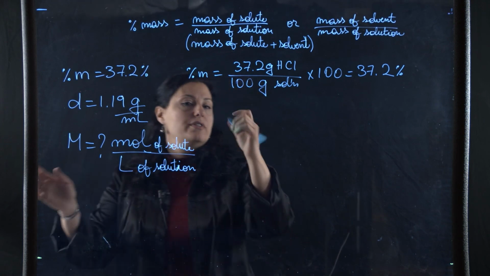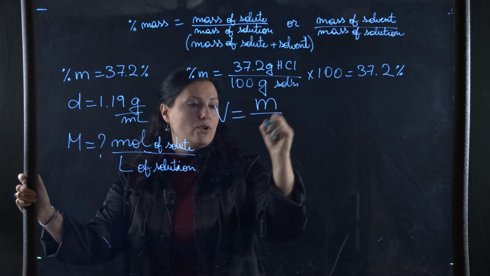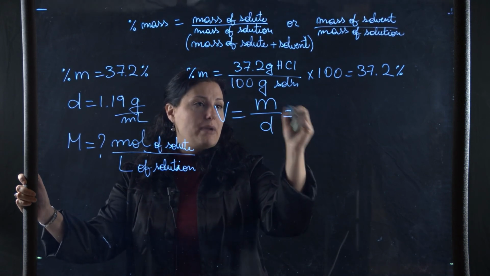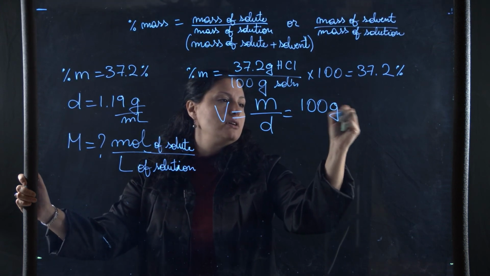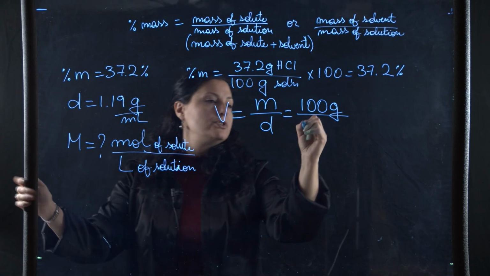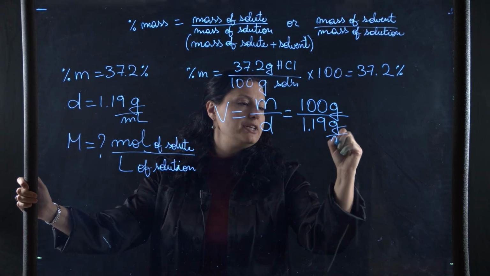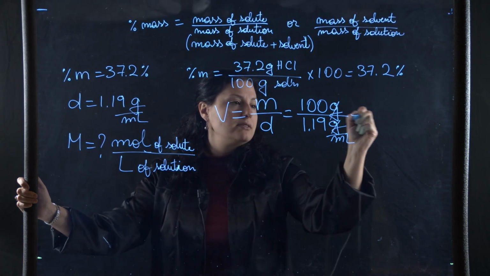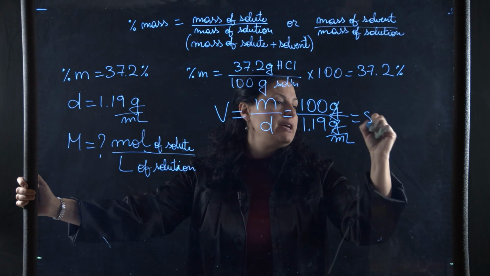My volume is the mass over the density. My mass is 100 grams, already assumed, over the density, which is 1.19 grams per milliliter. My grams will cancel, and it's 84.03